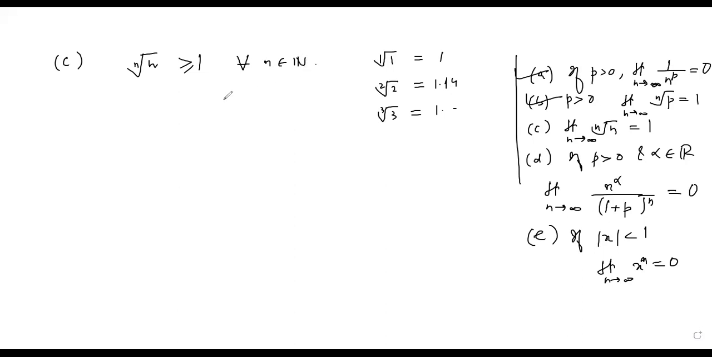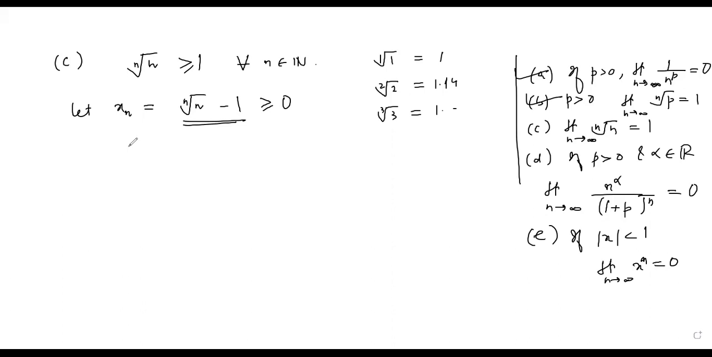for all n belonging to the set of natural numbers. So if I say let x sub n be equal to the nth root of n minus 1, this would be greater than equal to 0. Why? Because this is bigger than 1. So now if I focus on this